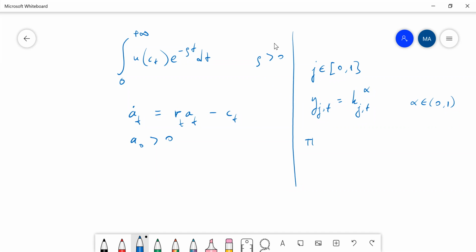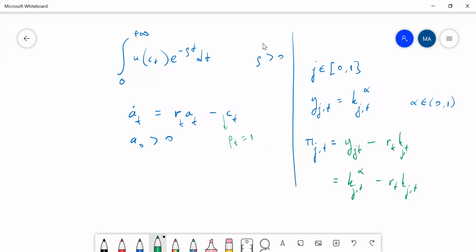So the profit of the firm J would be written in this way. So as you see, we already normalized the price of consumption to 1, right? So what we can write here is basically production minus the cost, okay? And here we assume that depreciation is 0, all right? We can add depreciation to the model, and we can let the firms pay for the depreciation, all right? But we are not doing that for simplicity. Now, obviously, this profit function is written in this way,